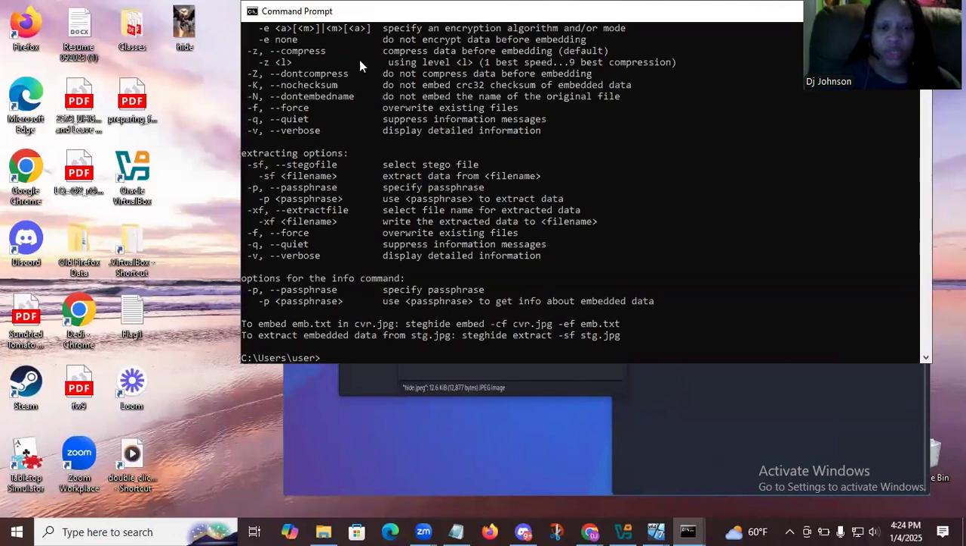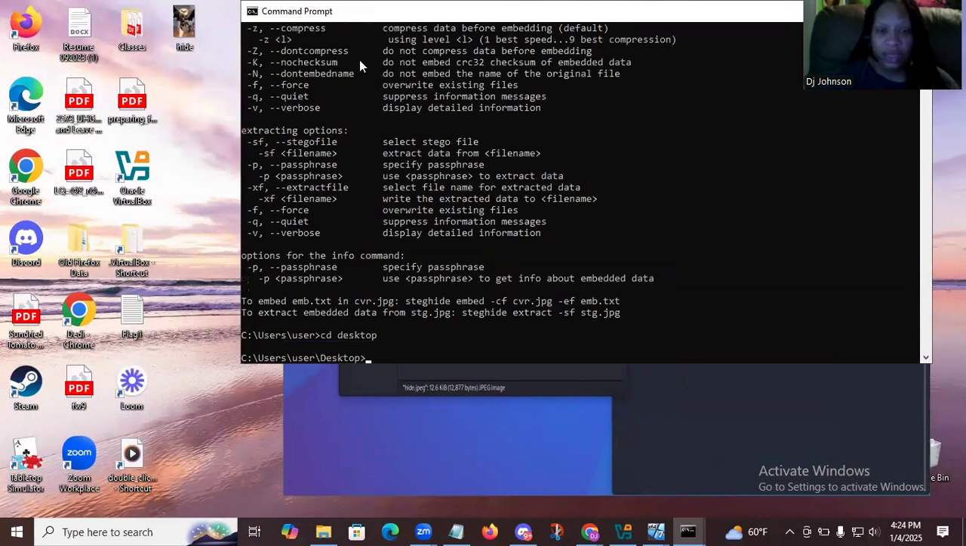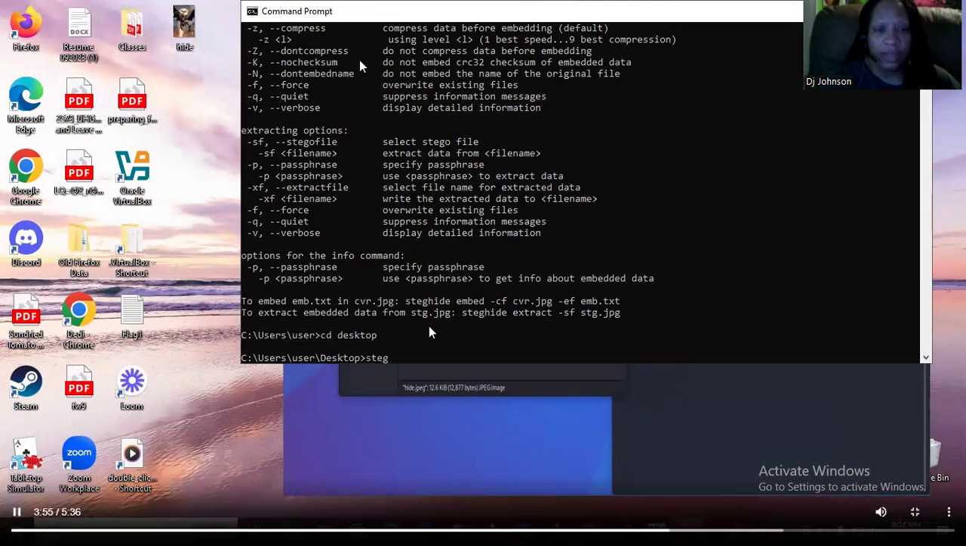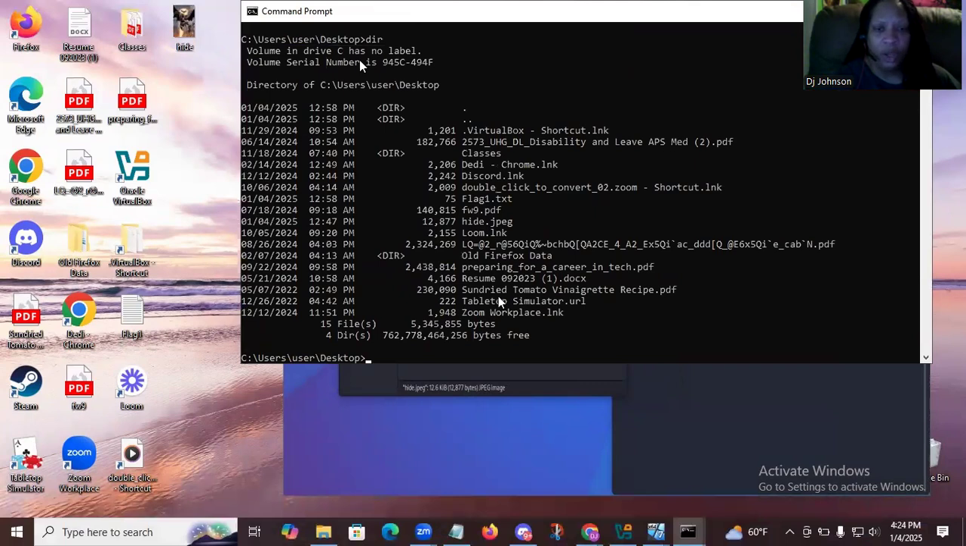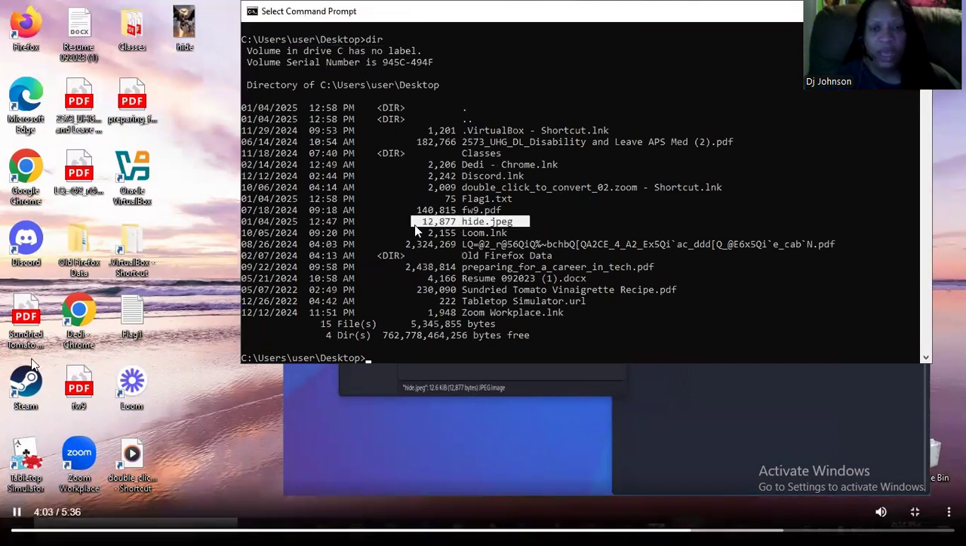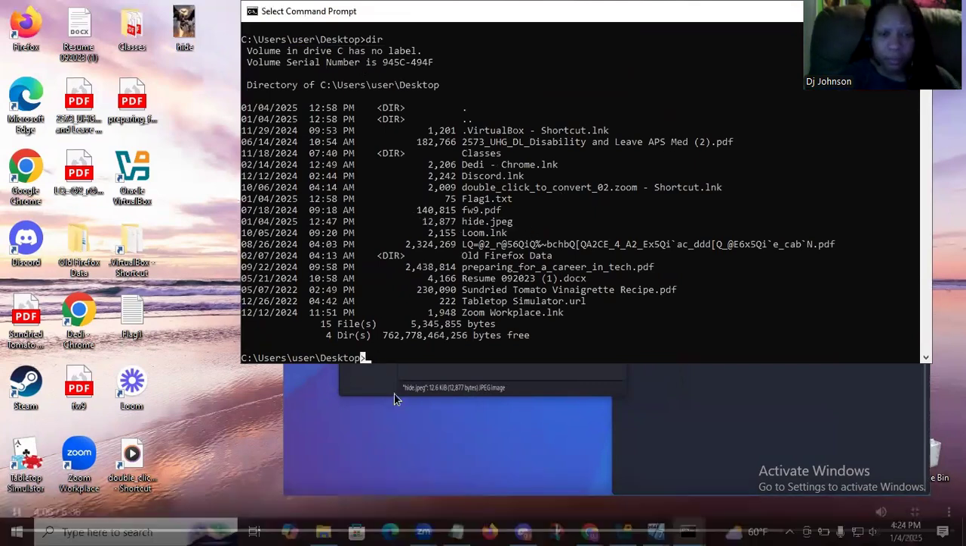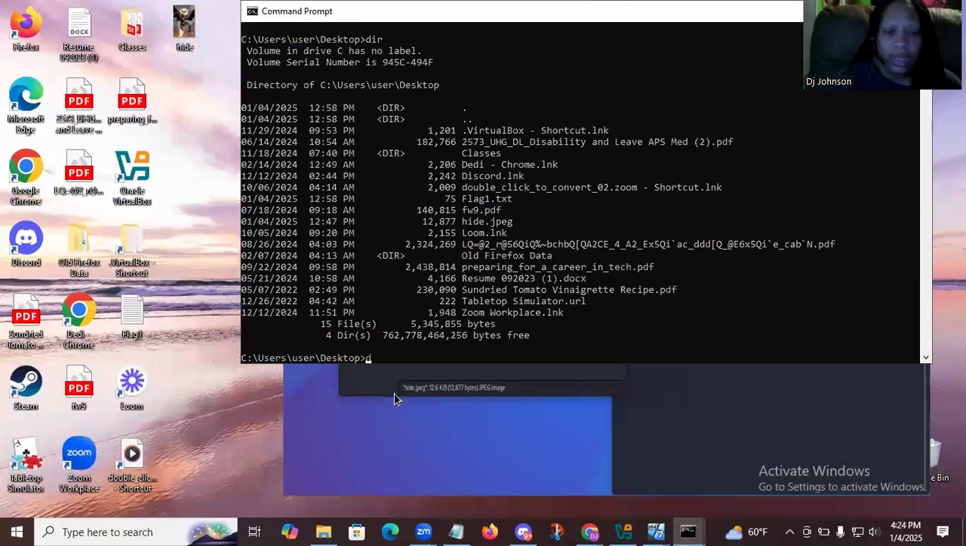And we want to make sure to get it to approximately which directory this is in. So as you see, right now we're at users, user, and then CD desktop. So if you take a look at the directory there, you will see that there's the hide.jpg right there. So let's see if we can have Steg Hide go ahead and